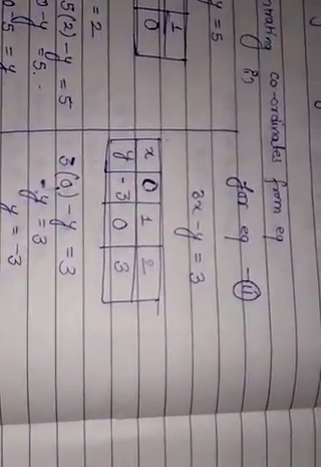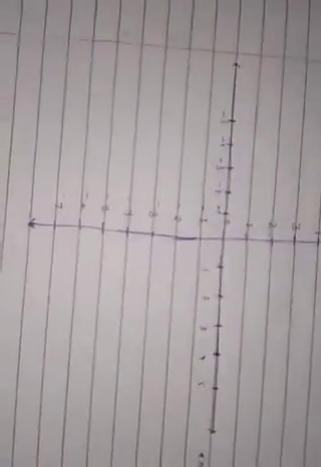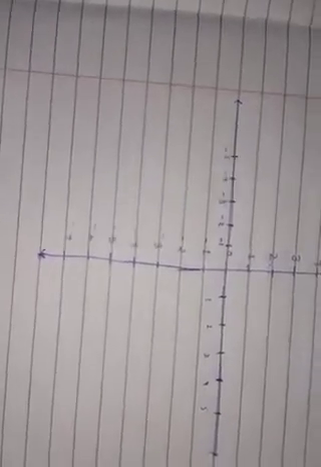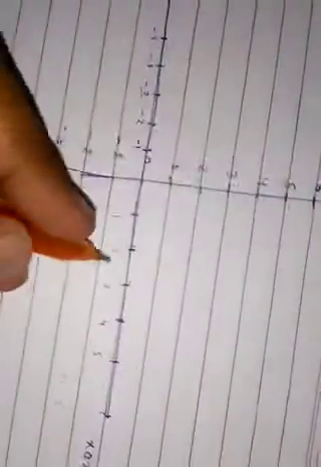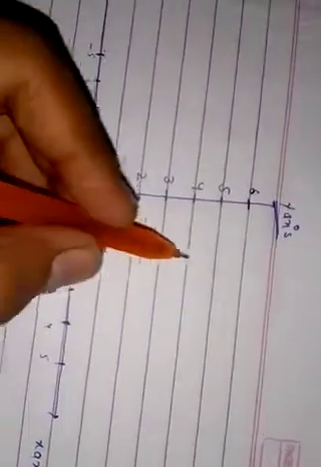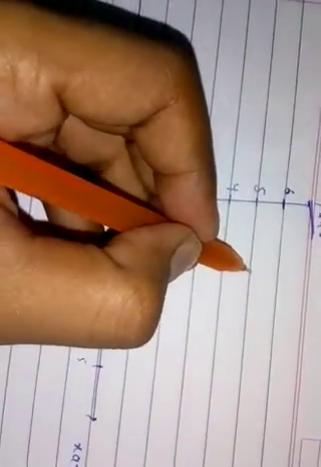This is our second table, and this is our first table. These are both our tables. Now we are making the graph. This is our handmade graph, with the y-axis and x-axis. Now we have to put the points. So we are putting the points of the first equation. The points of the first equation are 2 and 5. So there is 2 on the x-axis and 5 will be on the y-axis. So this will be here.